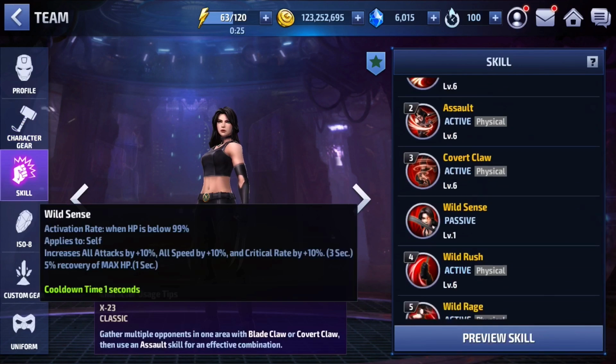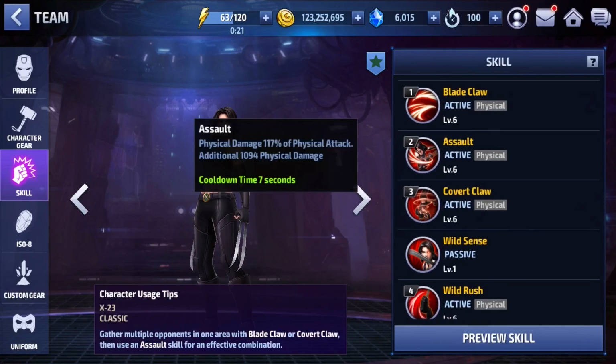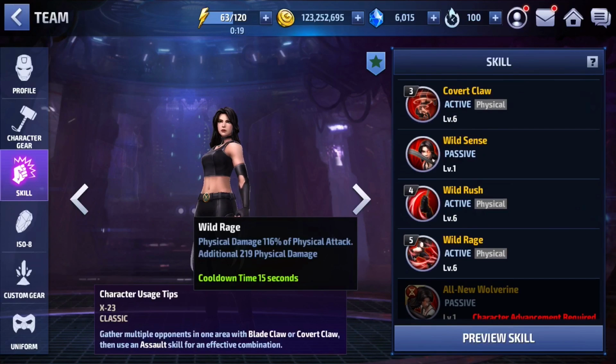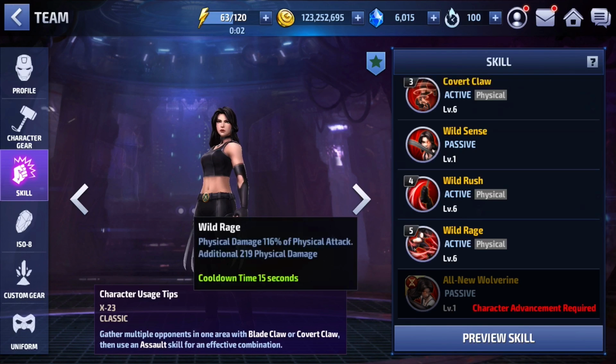The rotation that you're going to see me use here is going to be like 5, 4, 3. Maybe I'll use the 2 and then right back into 5. Very easy character to play, and because of her long iframes and the heal, it's very simple, and you really can't die with her. But keep in mind, since she is a speed type, her defenses is not that high, so you can get a lot of burst damage dealt to you,